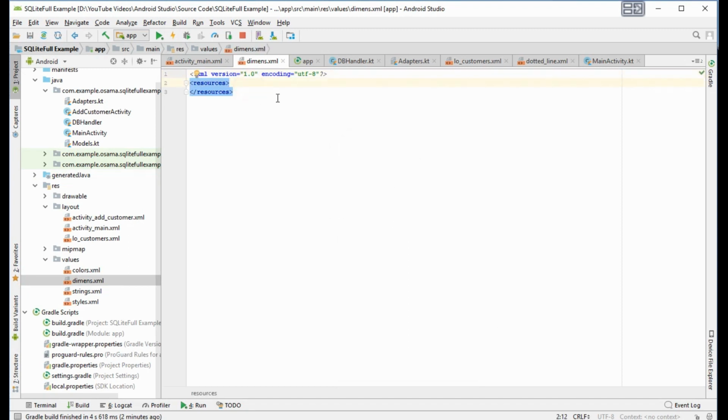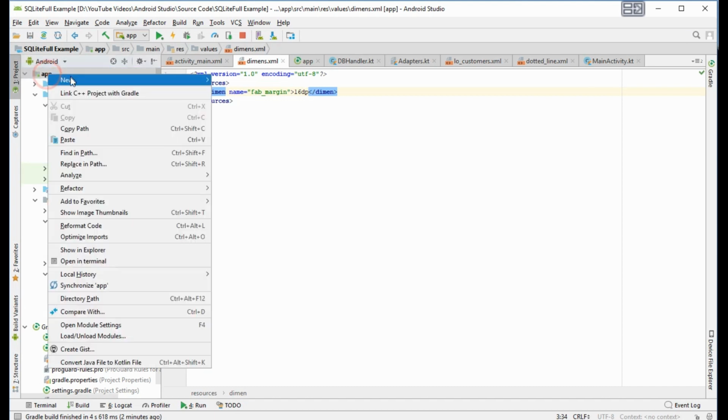And here in the resource, dimen, fab margin, we will give it 16dp. And we want now to add a vector asset, an image for it.